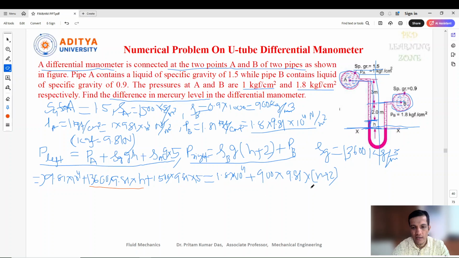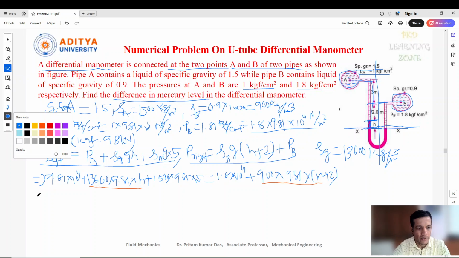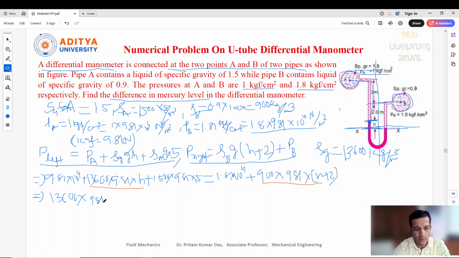One equation has H, and this is one part. If you split this one, we will get only this part of H. So let's keep all the H values on one side, and on the remaining side we take the remaining values. Multiplying this value, I'll keep it here: 13,600 into 9.81 into H minus 900 into 9.81 into H equals, we can write the total of all the things, 1 into 10 to the power